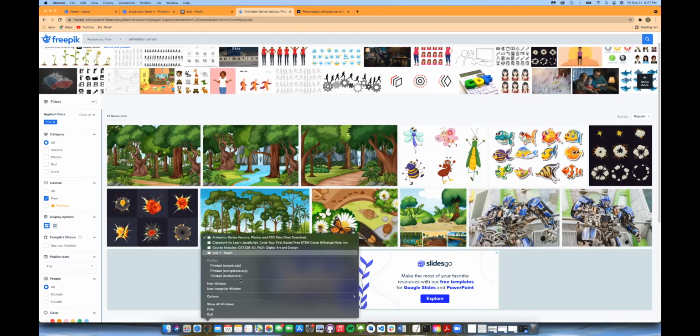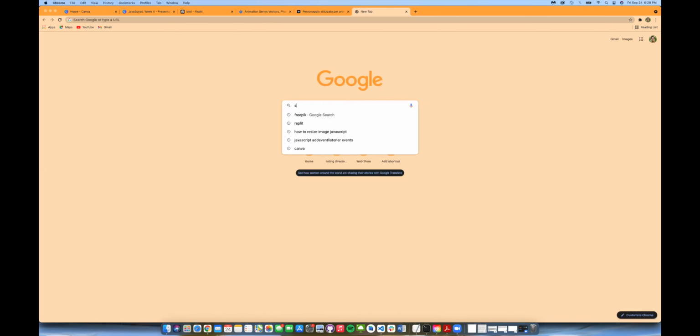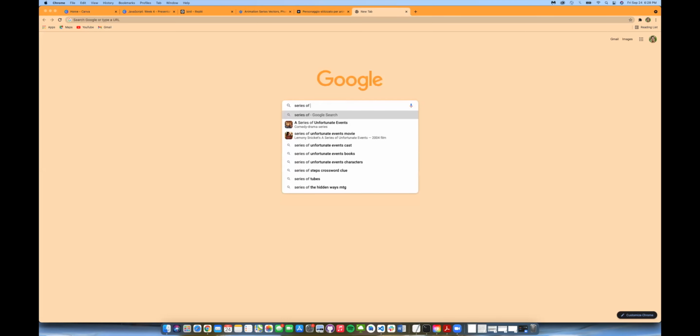Let's try this. So let's do this instead, just for the sake of showing you an example, because Freepik is running a little slow right now. Series of